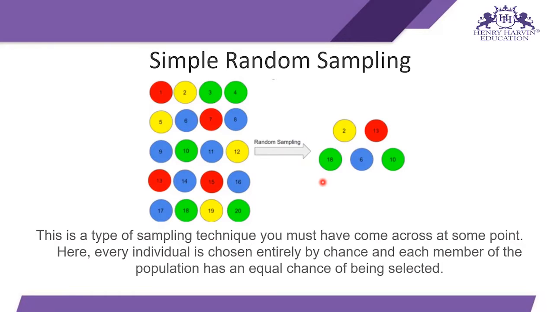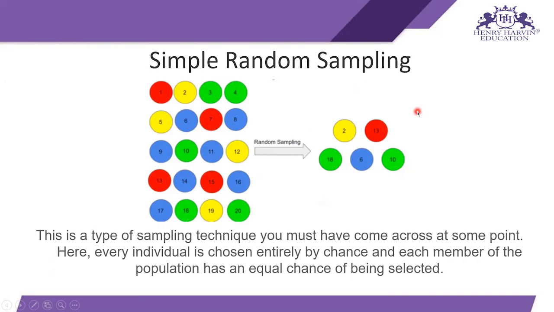Let's say you are in a class and you have to take out two student names for class monitor. You just collect all the names of your students on different paper chits, and you take two or three paper chits and select those students. Something like that. In the whole dataset you just take five samples randomly. So this is simple random sampling.